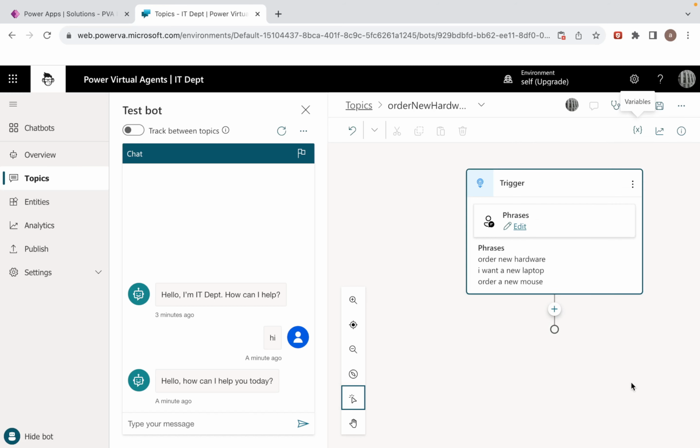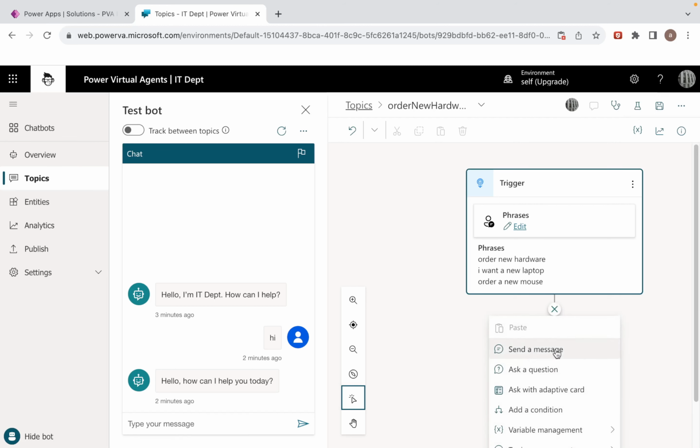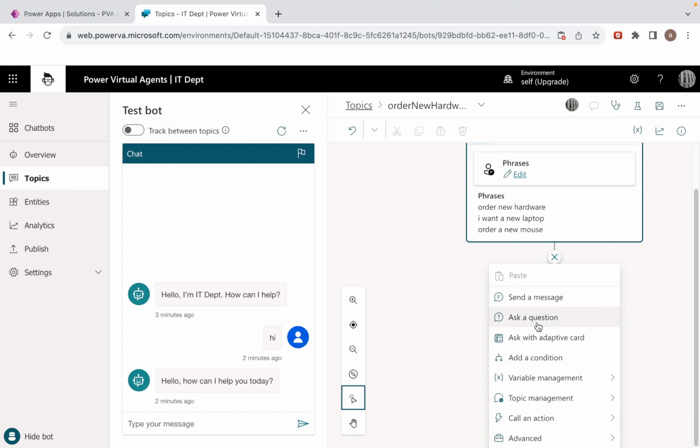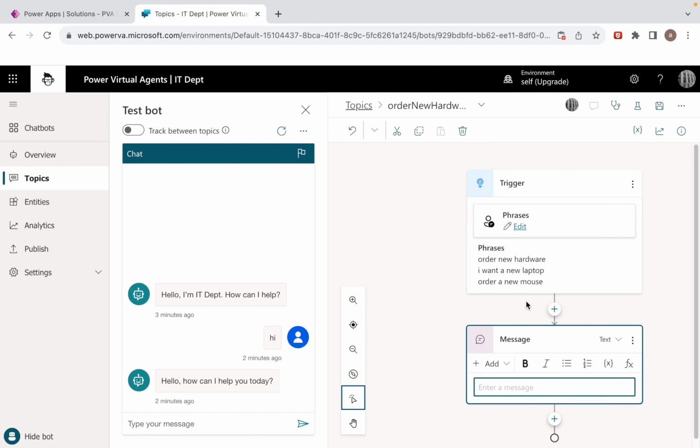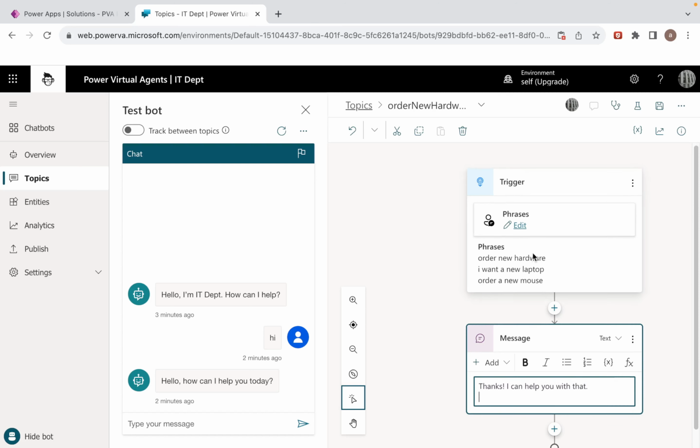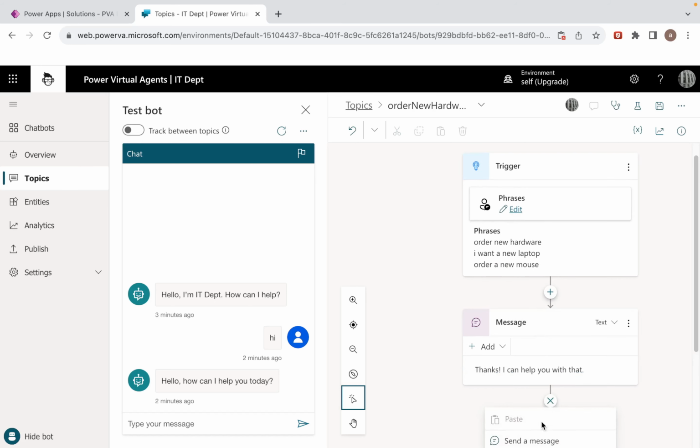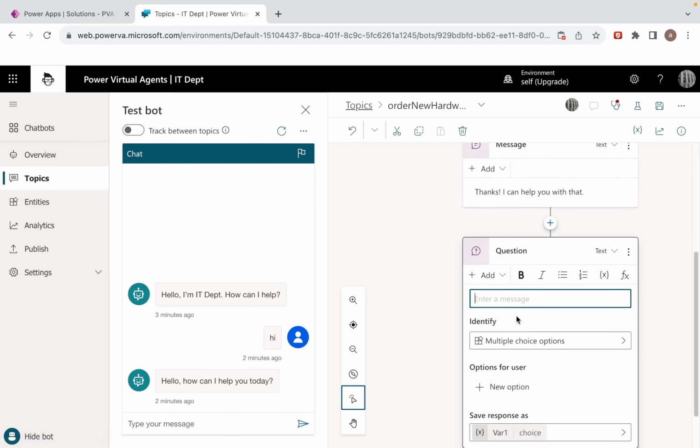So once this is done, the next question I want to ask the user is, what does he want to order? Does he want to order a laptop or a mouse? Now, this is pretty simple. I can just go and say, let's send him a message. Thanks. I can help you with that. So that's just a message that goes back,